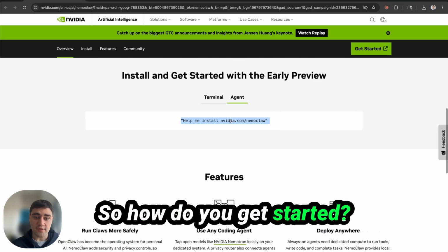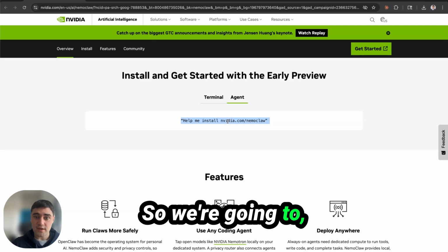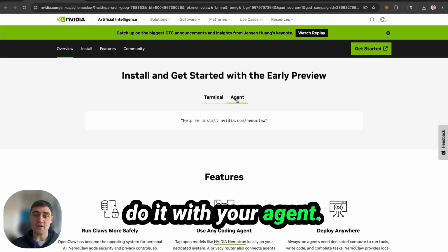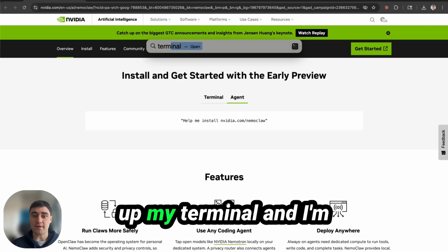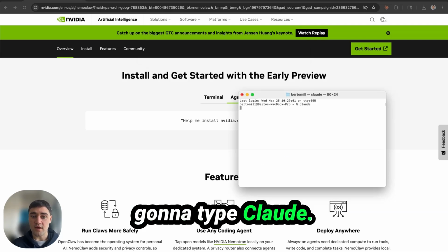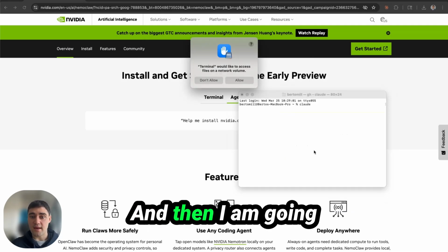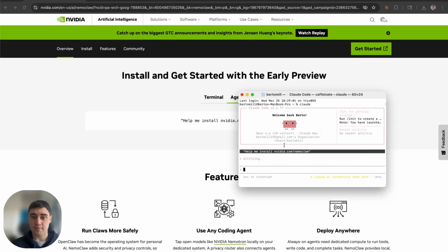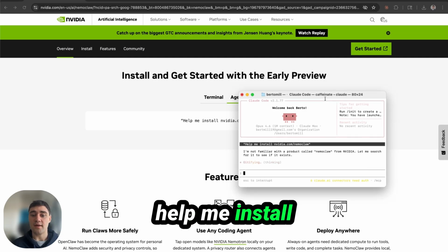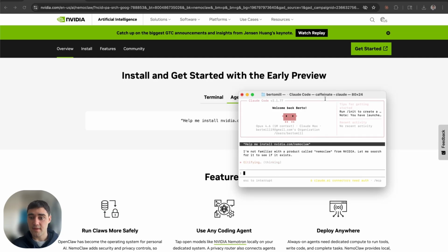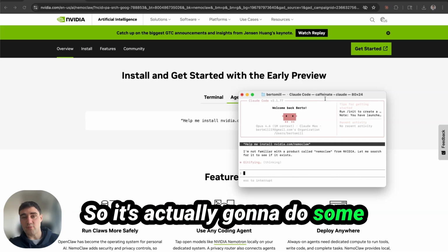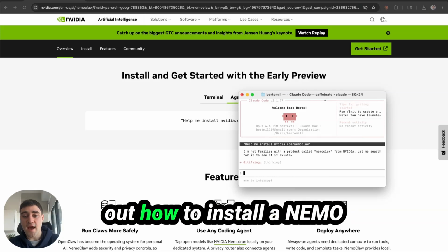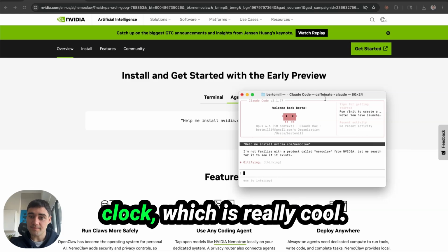So how do you get started? We're going to copy this command. You can either do it in your terminal or you can do it with your agent. So what I'm going to do is open up my terminal and type Claude. And then I am going to start with this. Help me install Nvidia NeMo Claw. So it's actually going to do some research and find out how to install NeMo Claw, which is really cool